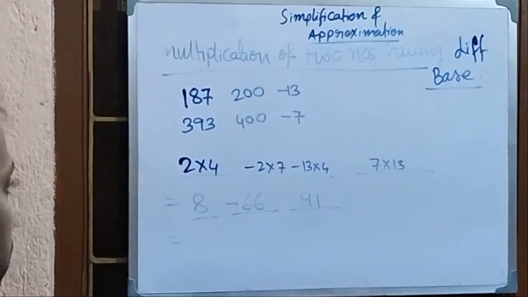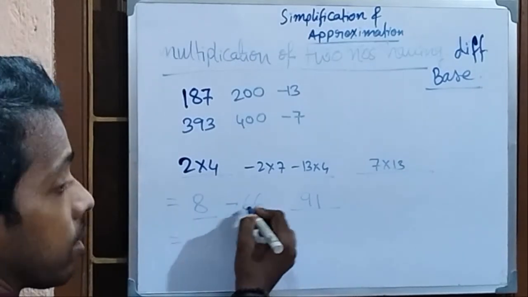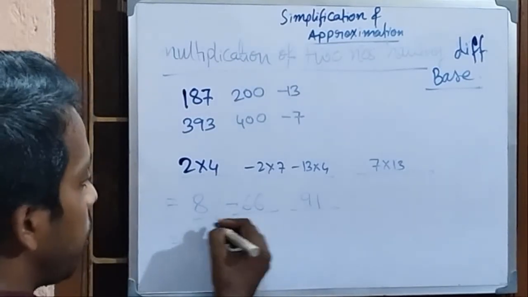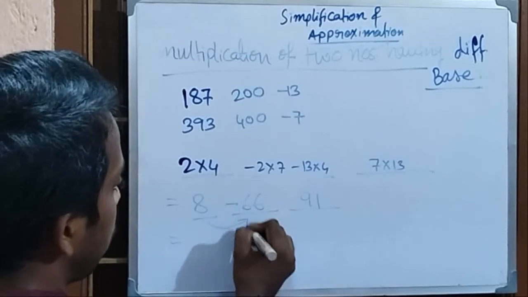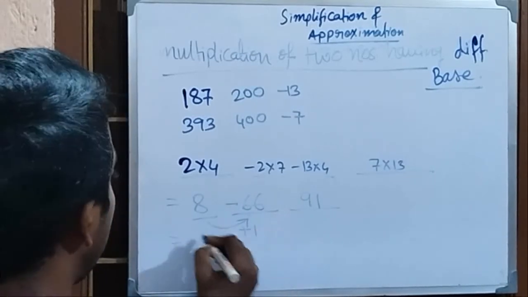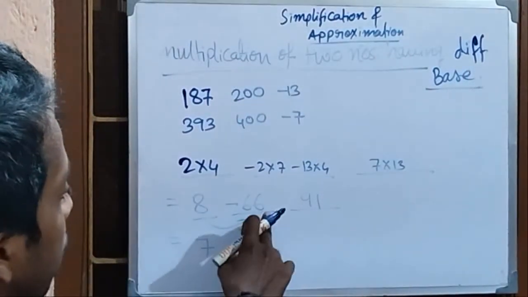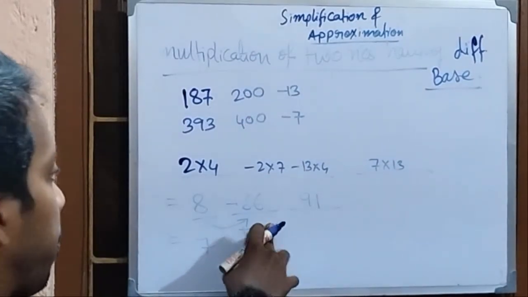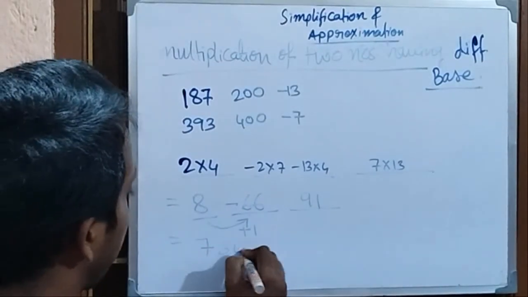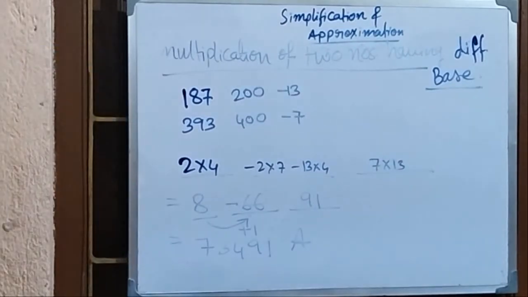Now here it is 8. So here it is negative 66, minus 66. So one should be borrowed by this part from 8. So one should go here, right? And this becomes 7. And when one goes here, it comes up as 100. It was 100 here. Okay. So 100 minus 66 is 34, and this is 91. So this is the answer. Check it in the calculator for your confirmation. Okay.